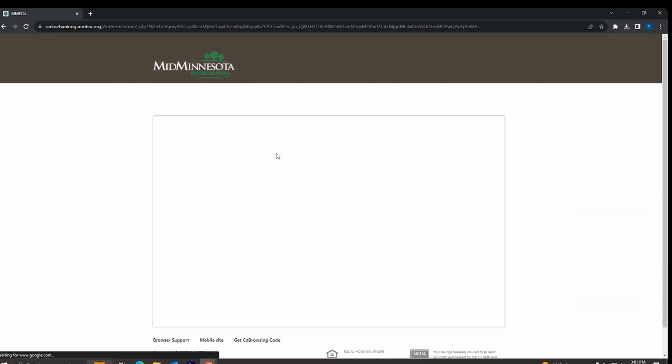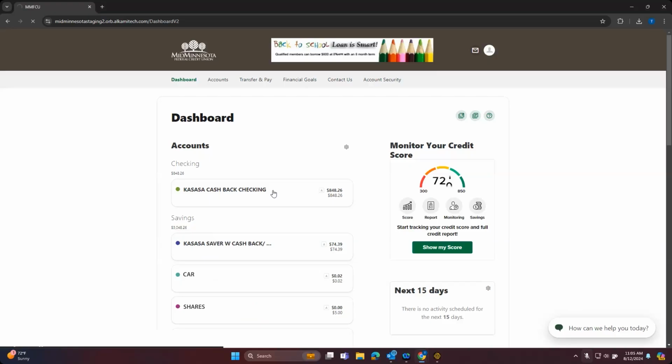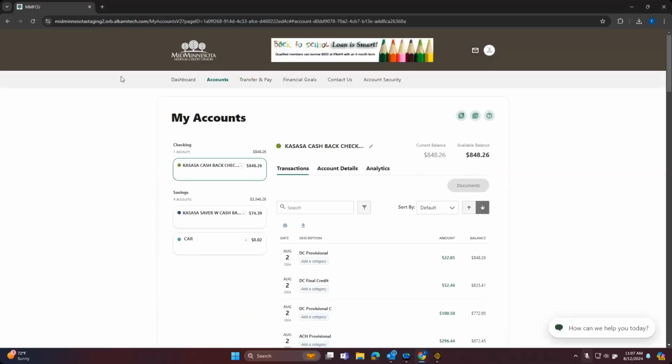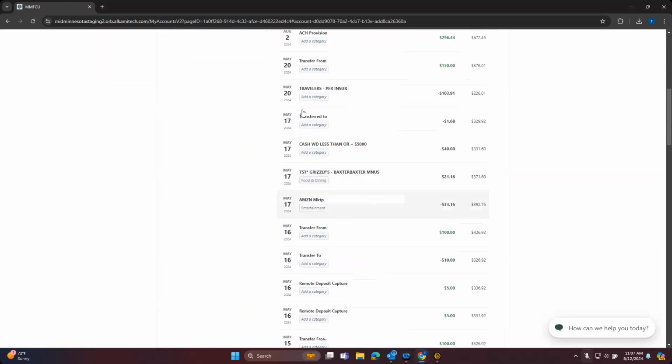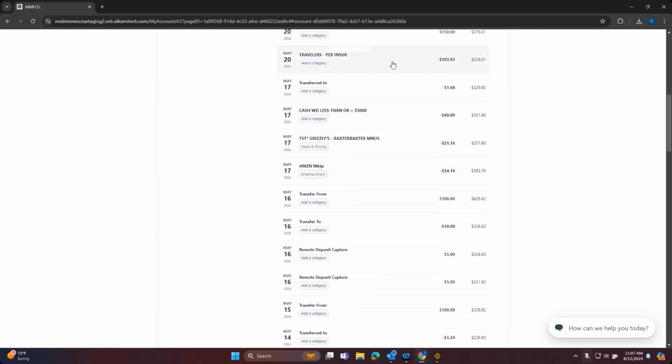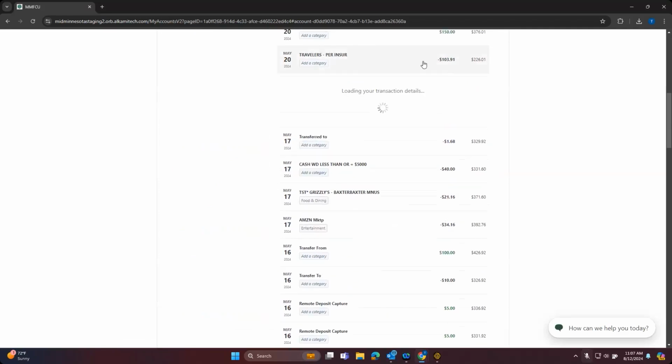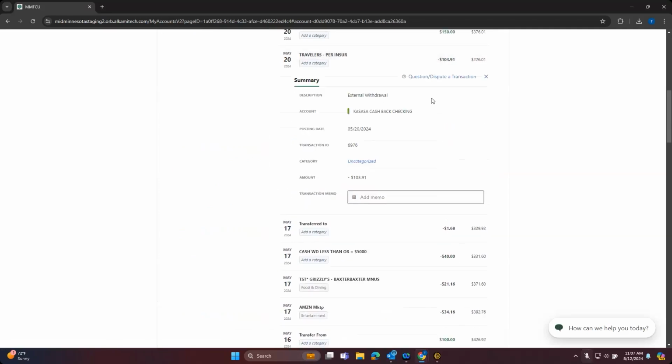Once you are logged into your account, you will be brought to the dashboard page showing a snapshot of your accounts. There are two ways to dispute a charge on an account. When you are scrolling through transactions on a specific account, you can click on that transaction to open it up for more detail. In the upper right corner, you will see a link that says,